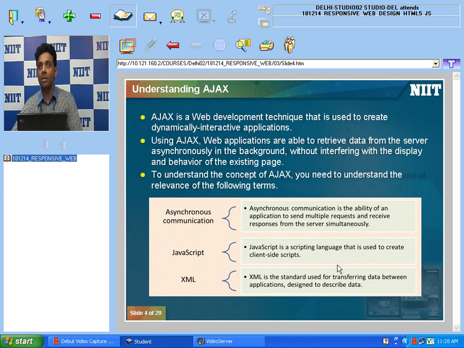Asynchronous communication is the ability of an application to send multiple requests and receive responses from the server simultaneously. At the same time, you will send the request and get the response from the server. We'll use JavaScript to create client-side scripting, and we'll use XML to transfer data from one place to another. Okay.